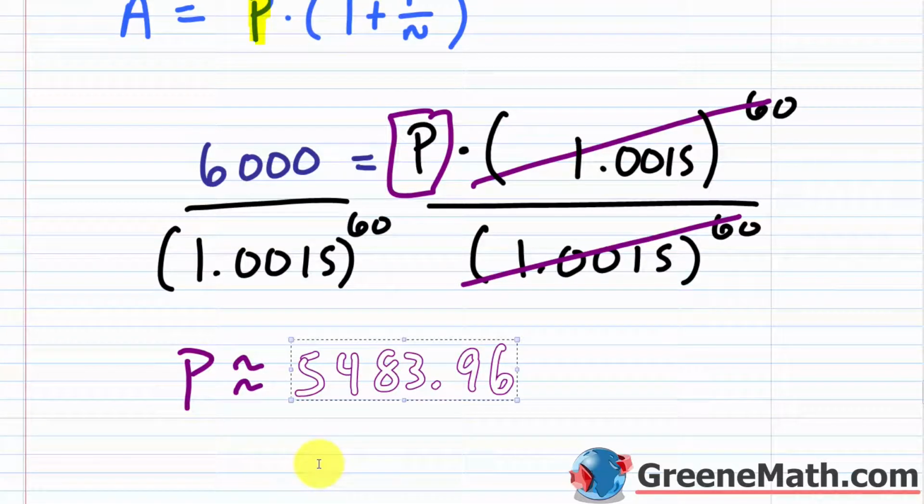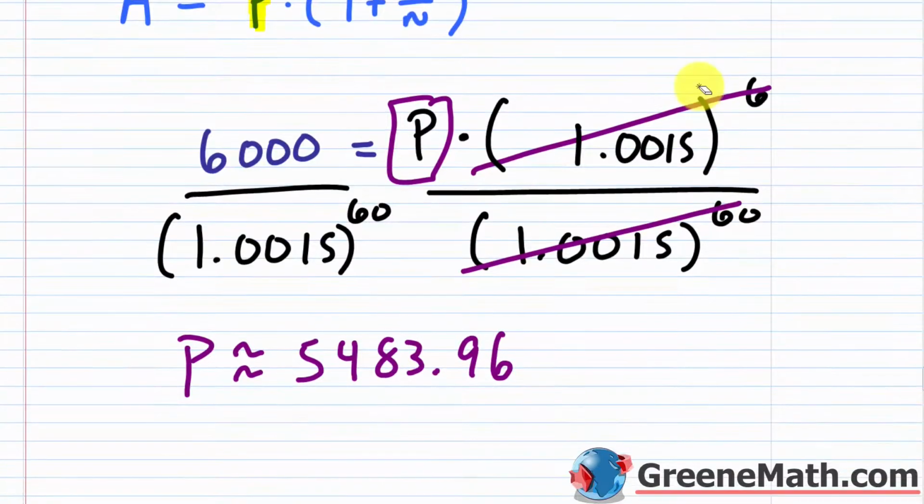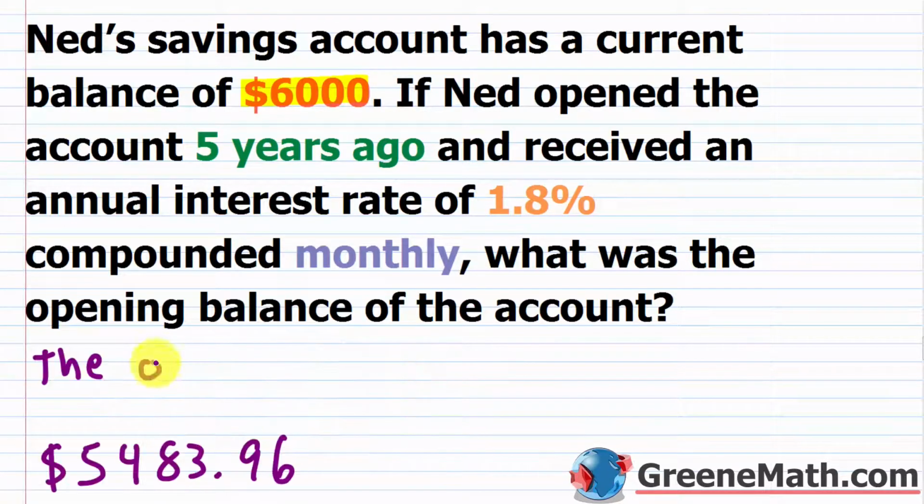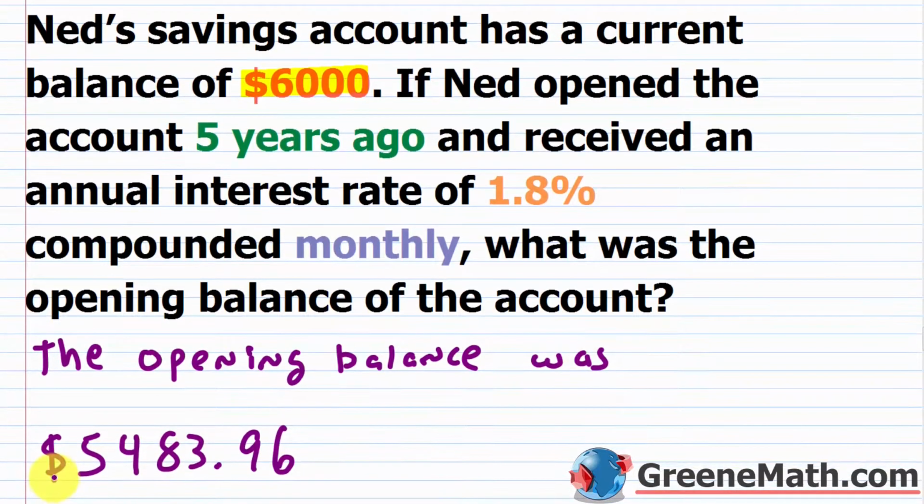So let me copy this, and I'm just going to erase all this. And again, you can make a little sentence if you want to. You can say the opening balance was $5,483.96, and you can just put a period after it. That's good enough. The opening balance was $5,483.96. And if you wanted to check this, you could pause the video and take this number, run it back through the formula we've been using for the other two examples, and you'll see you get pretty much this